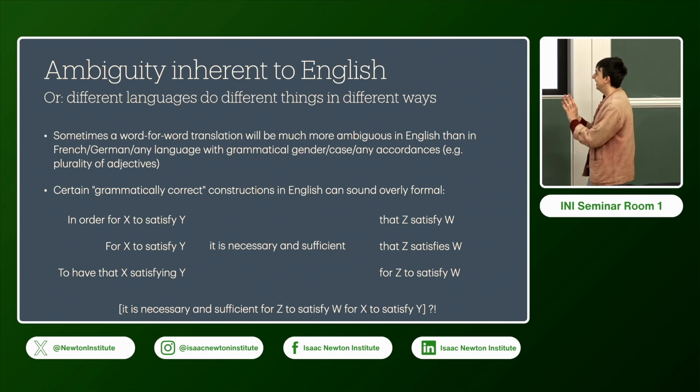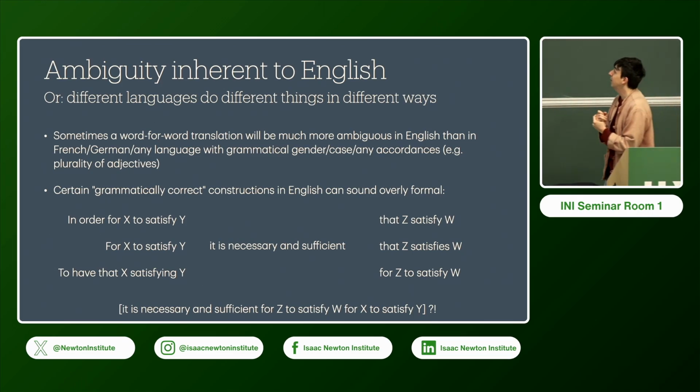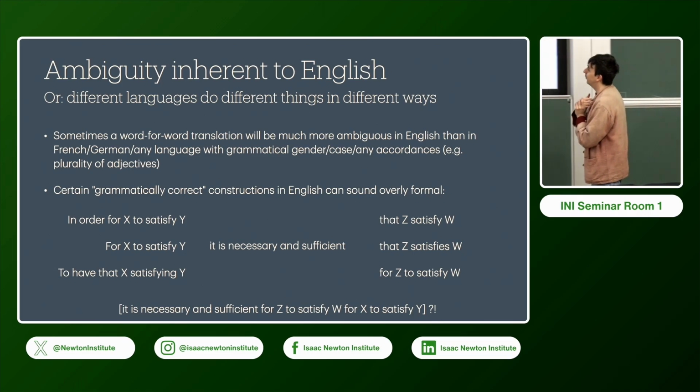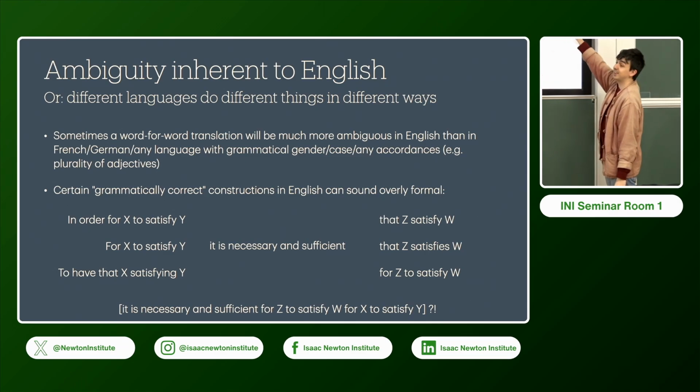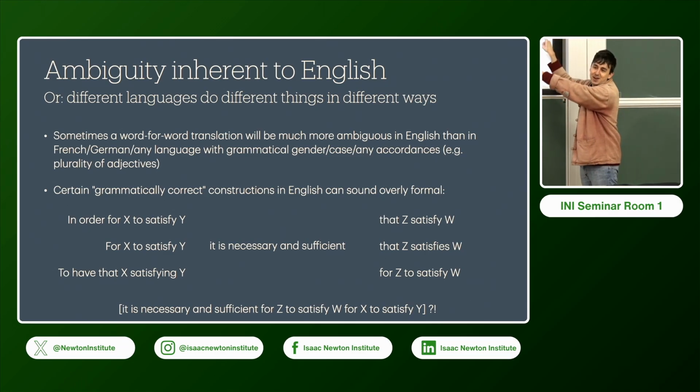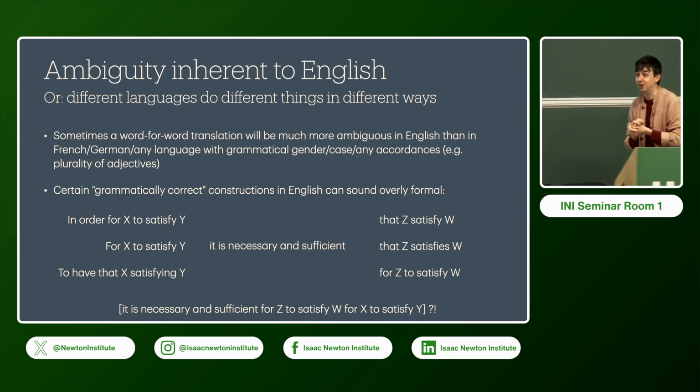It works, and it is a fair translation. In some senses, this would actually be perfectly non-ambiguous, depending on what Z, W, X, and Y were, right? You can imagine that this might be true. But I personally really like the formulaic approach: whenever I see one of these, I'm always like, "in order for X to satisfy Y, it's sufficient that Z satisfy W." That's why I put it at the top, because it's my favorite one, okay? So here I think the subjunctive is really useful.